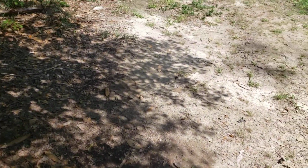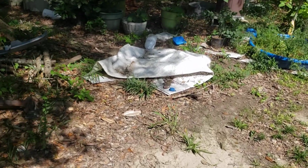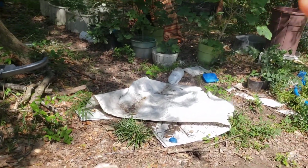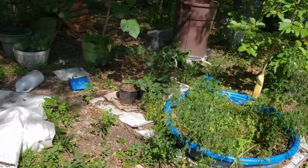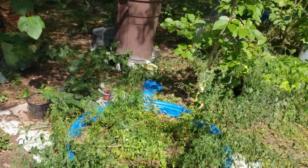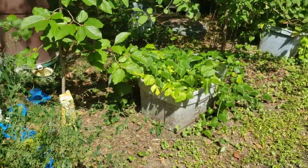So I just wanted to come back here right quick and kind of show you what I was talking about, this stuff. So these trees are all in containers, right? Those figs are not going to stay in containers for very much longer. When it gets just a touch cooler, because I'm sweating like I'm going to the electric chair. But